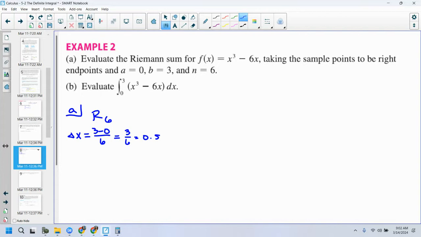So we got 1/2 as my delta x. Again, I like to have my delta x on the outside here. And then I'm going to find each of my y values as I go, right? Now, what is the first y value that I have? Think about it. Am I going to be using a as one of my y values? No. Remember, hopefully we've seen a pattern with right endpoint, left endpoint, and whether I use my a value or